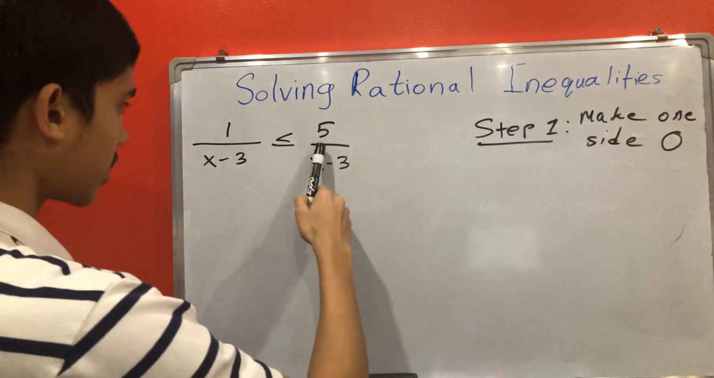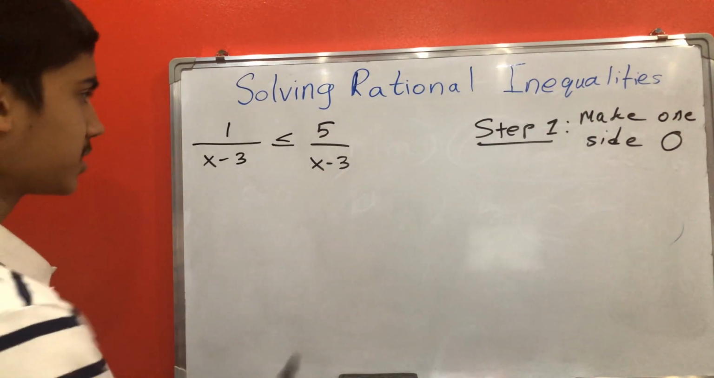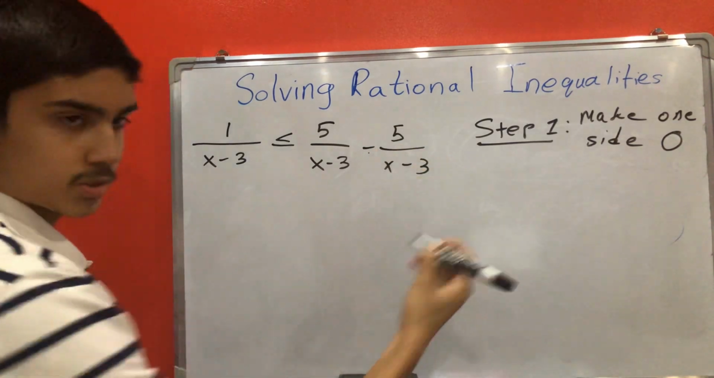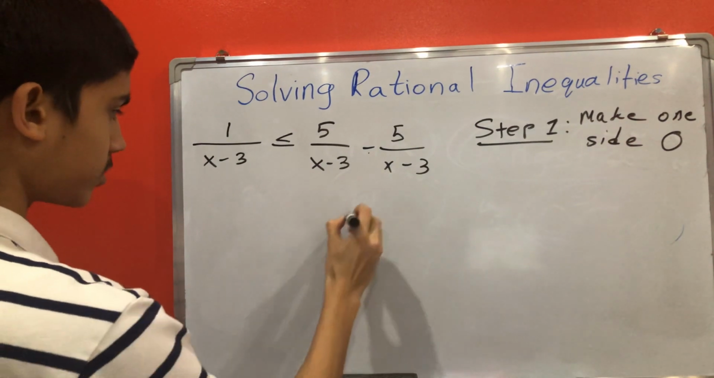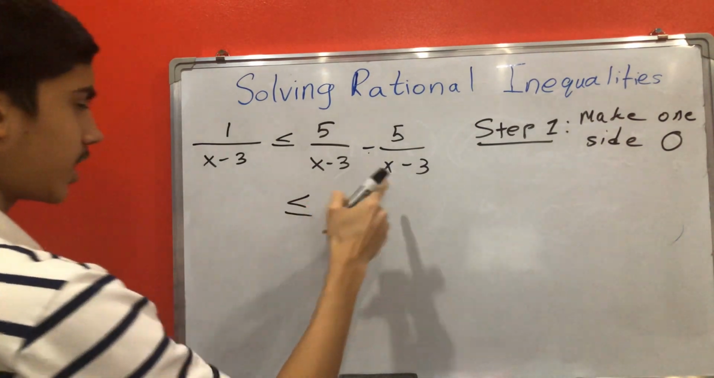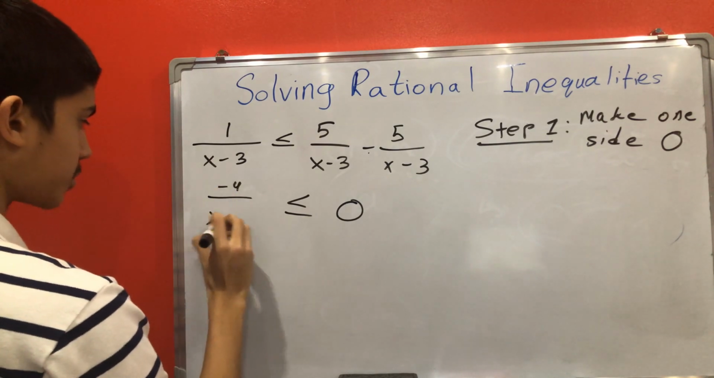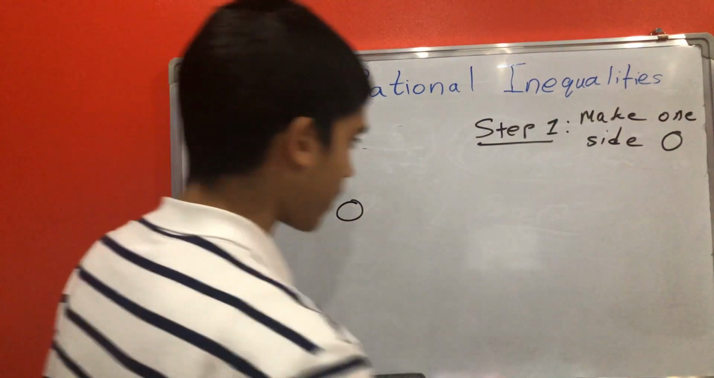So I'm going to subtract 5 over x minus 3 from both sides. So on this side I'll be left with 0. And on this side I'll be left with negative 4 over x minus 3. Okay? So step